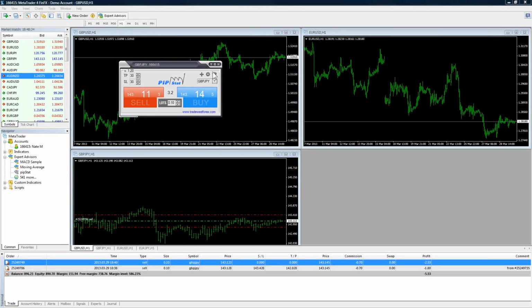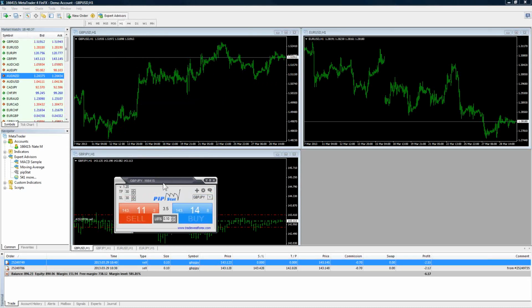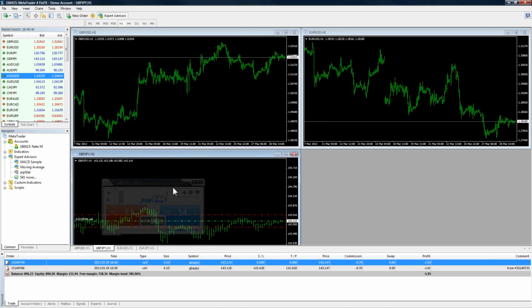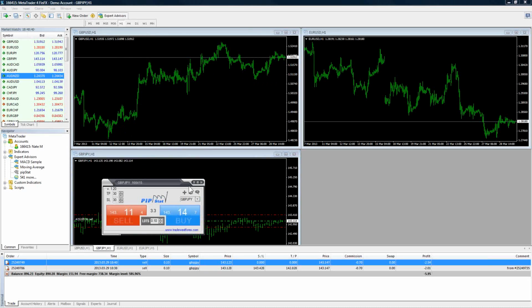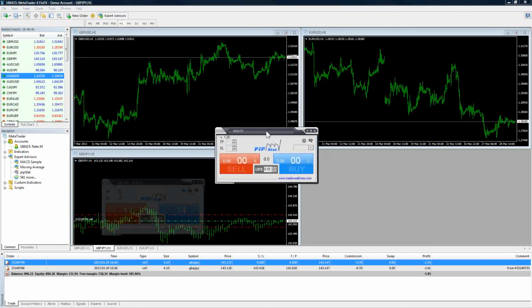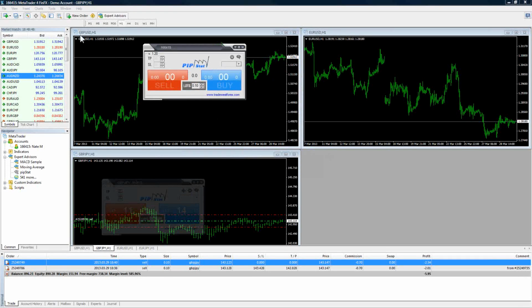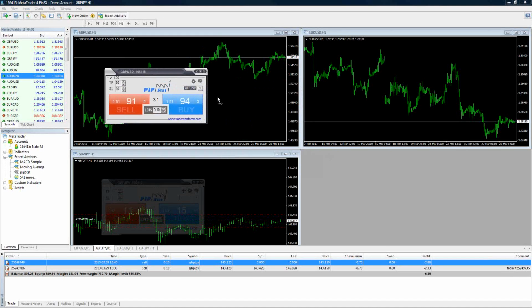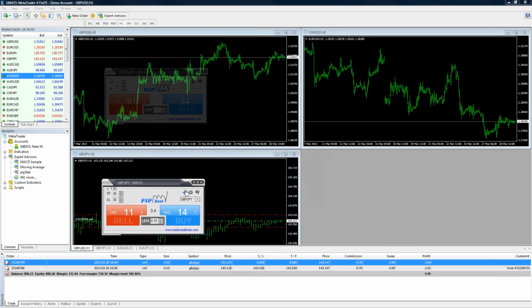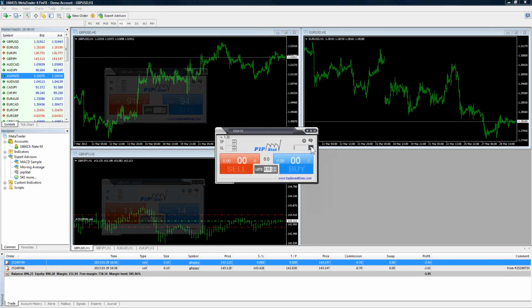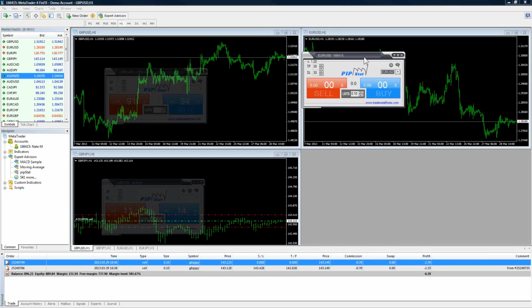So if I say, hey, I want one on this one, which is actually the pound yen, I'll bring it to the respective chart there. I can click on it once and hit the little plus symbol, and now I want to have one for the pound dollar. So it makes it really nice. Open it up to the pound dollar, I'm going to sit it on there. Maybe I want another one for the euro US dollar. I'm going to bring it in, euro US dollar, and those guys are just sitting there ready to go.